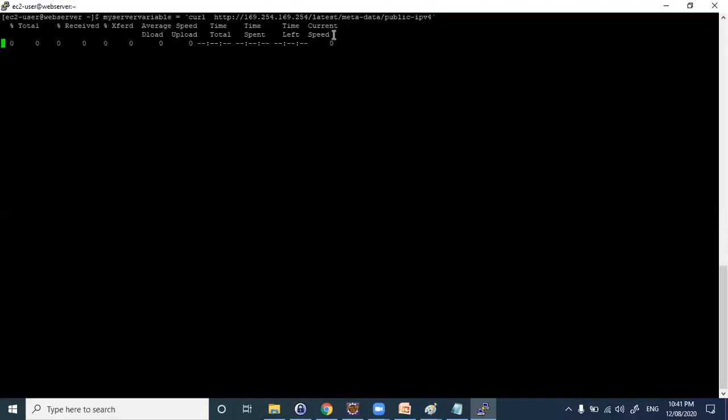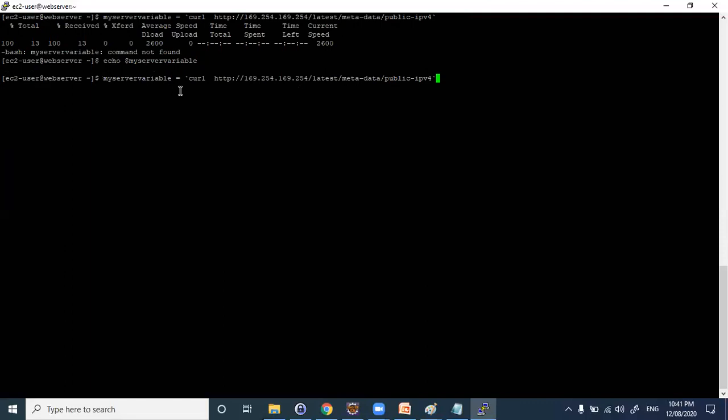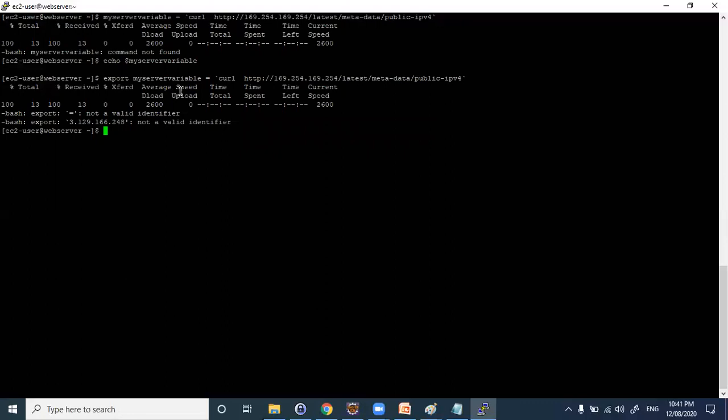So my server variable, this is how it will download. If you want to print, echo $my server variable. Yeah, you can add export once with the above command. Yeah, so this is basic shell, right? Yep, enter. So equal to is not valid. You can remove that equal to also. Yeah.